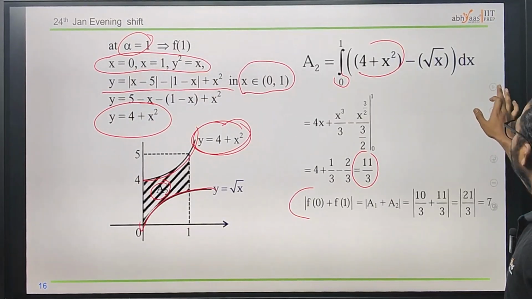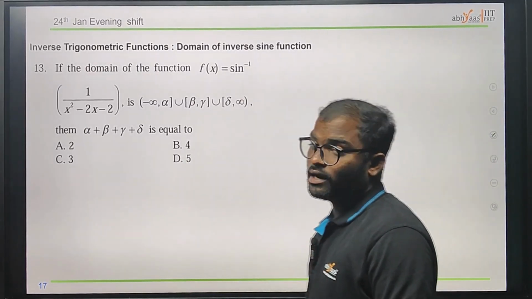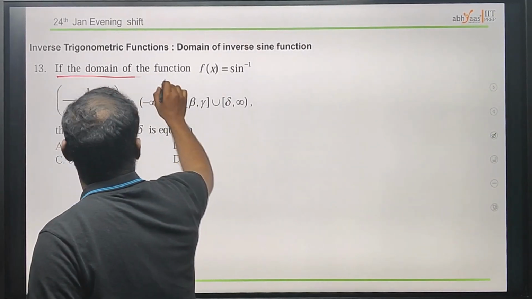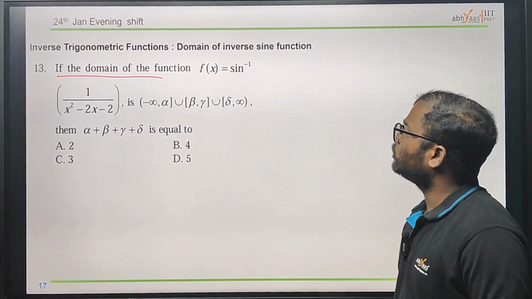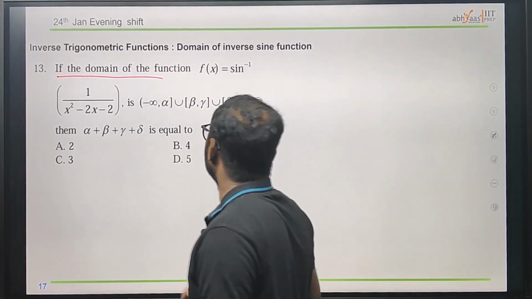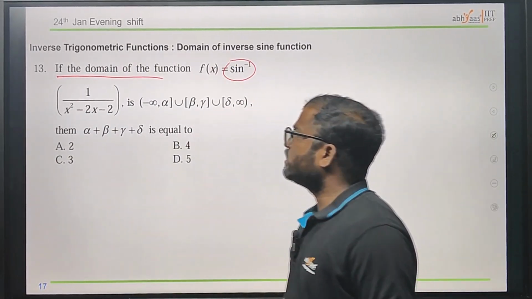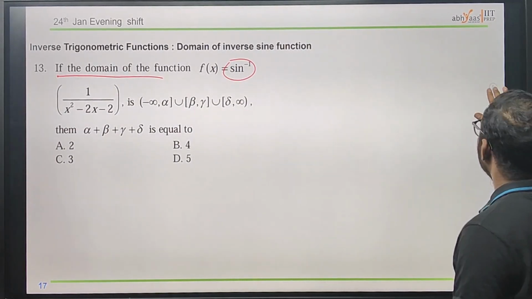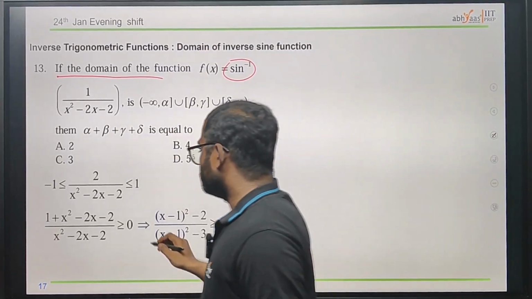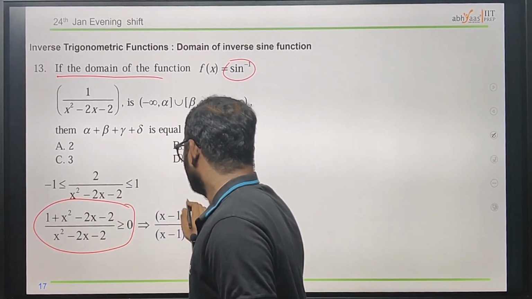Now come to the next question. We have a question on the basis of ITF, which is inverse trigonometric functions, which asks about the domain. Ultimately we need to find the domain. We know sine inverse is defined in between minus 1 and 1, so using the domain minus 1 and 1,